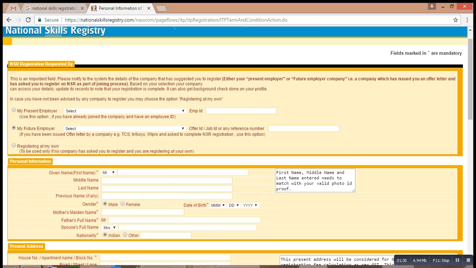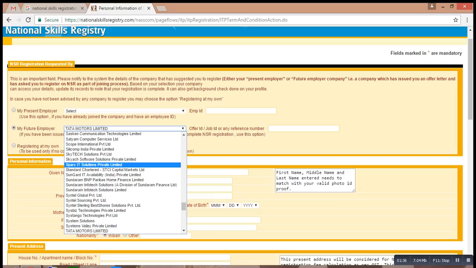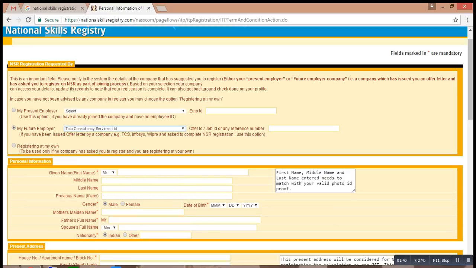Otherwise, you can register on your own. I will select Tata Consultancy Service, the company in which I am working. If you have the ID, you can give the ID to them also. I will give mine.